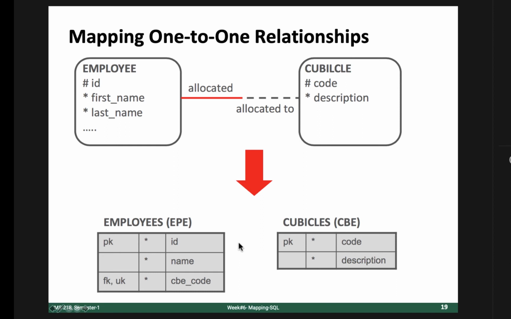Okay. So once we have created these two tables, then it's very easy to write an SQL query, because in computers you have to tell how you are going to join two tables. So now we have to join these two tables to get a report about all the cubicles that are assigned to the employees, right? So that's why we have this foreign key.